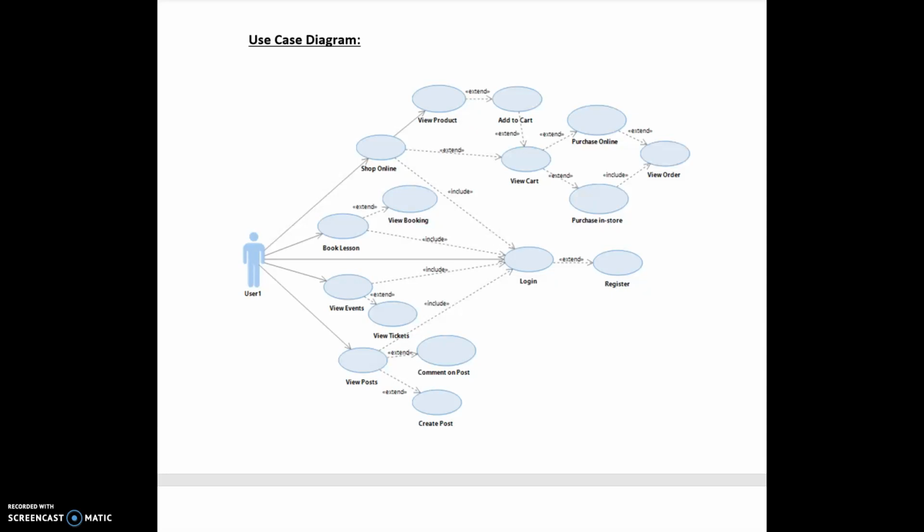So this is my use case diagram for a music shop web application where a user can shop online, book a lesson, view events or concerts, and they can view posts that other users have put up talking about various music aspects and stuff. For the shop online use case, the user can view a product, and if they like